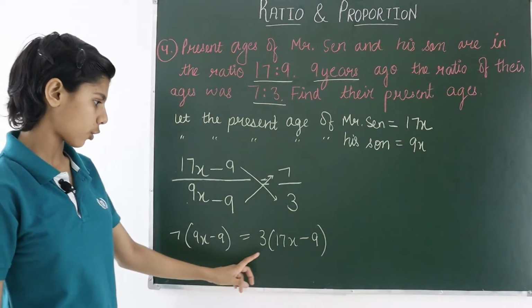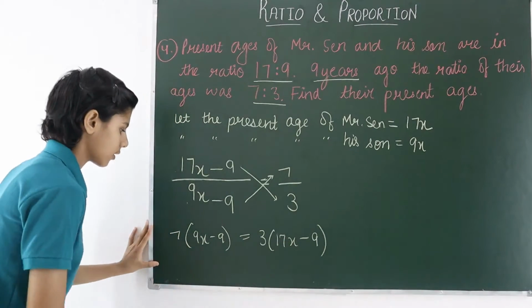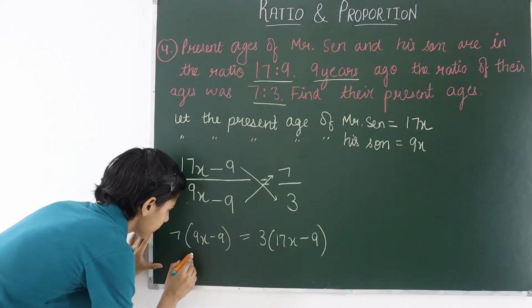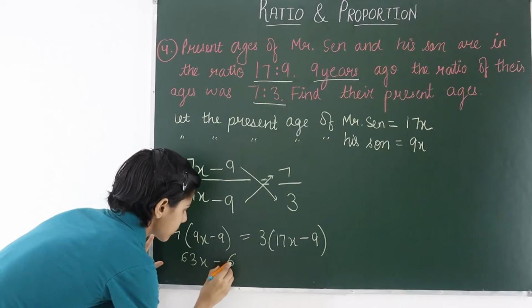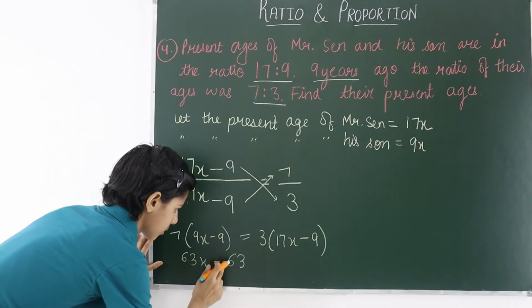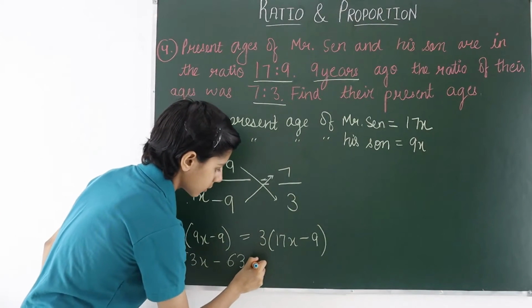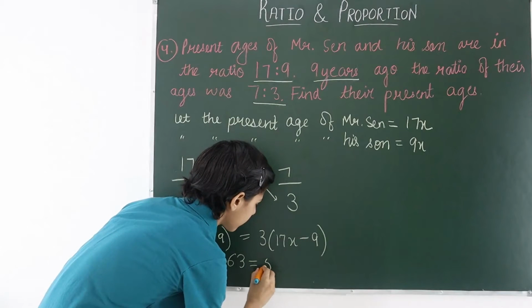So after cross multiplication we will write here 7 9s are 63x, here also minus 63. So now here 17 3s are 51x,